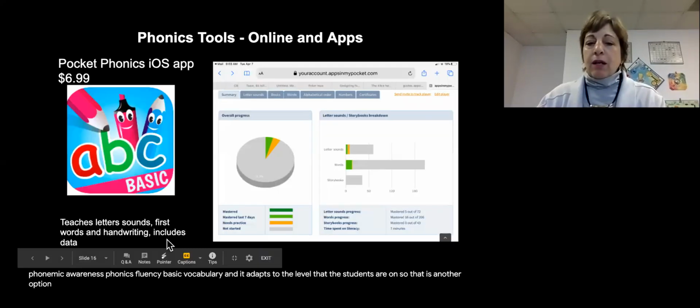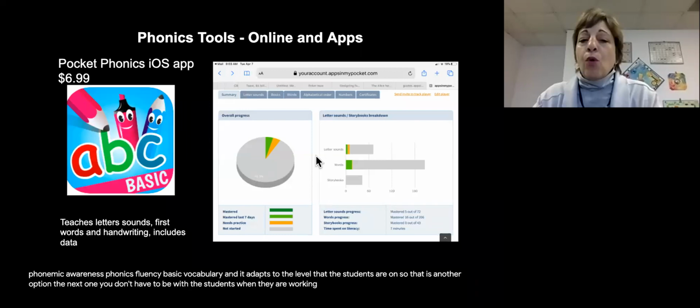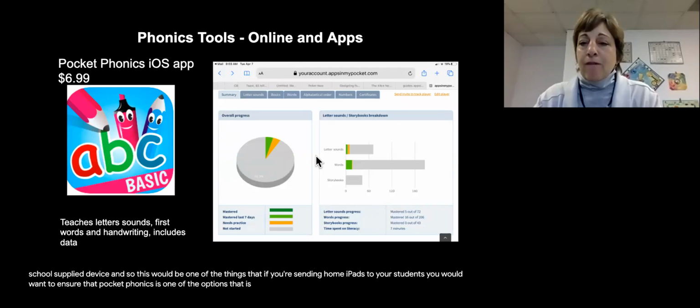The next one is Pocket Phonics. So Pocket Phonics is an iOS app, and it teaches letter sounds, first words, and handwriting. It's $6.99. One of the things that it does do is it also offers you some data collection. So you don't have to be with the student when they are working on this particular app on the school supplied device. And so this would be one of the things that if you're sending home iPads to your students, you would want to ensure that Pocket Phonics is one of the options that is available for the